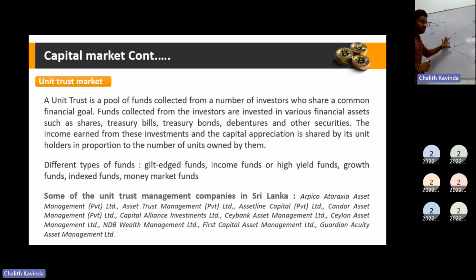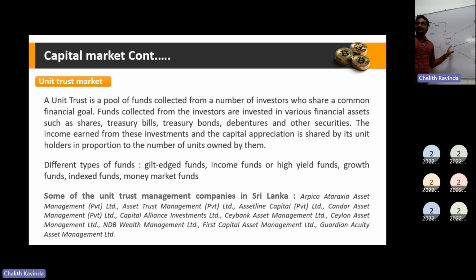Since your money is being utilized by one party for the investment, that party as well as that fund will be governed by the Securities and Exchange Commission as well as a particular bank or a trustee or a custodian. You can put your money in whenever you want, and you can redeem your money whenever you want. It's entirely online transactions. It's just putting in the value that you want to redeem and executing.